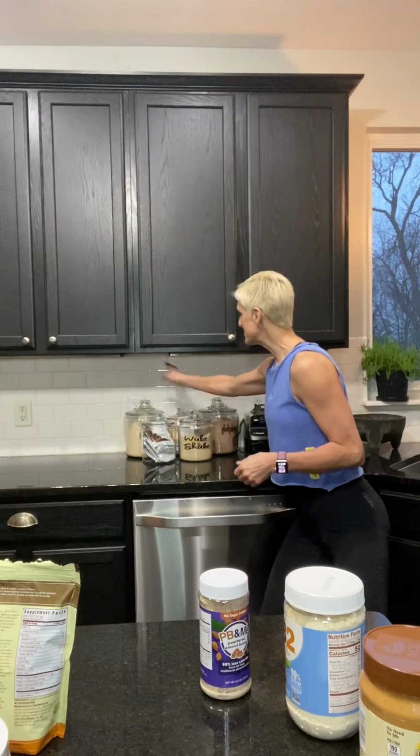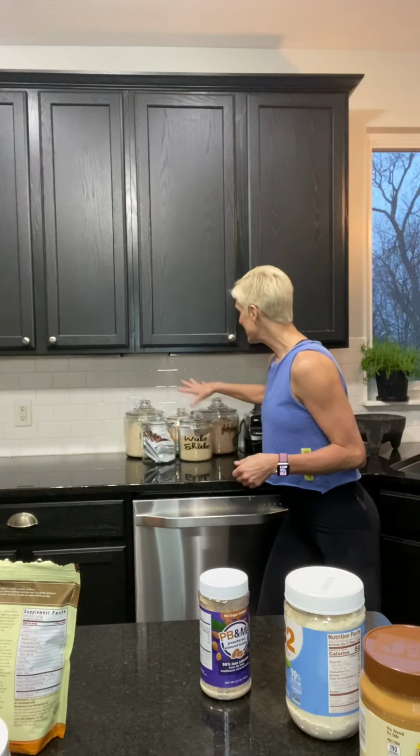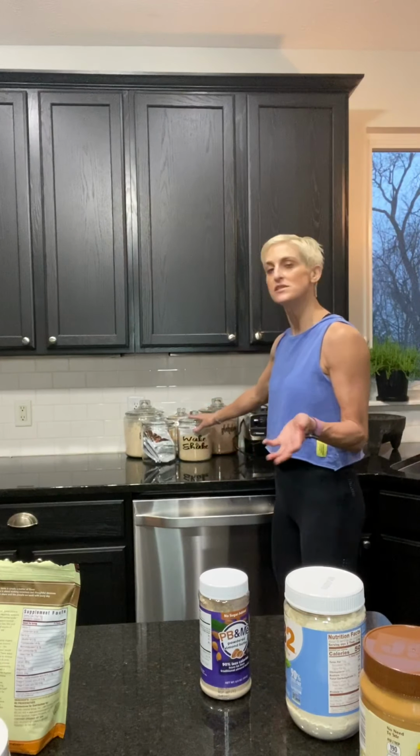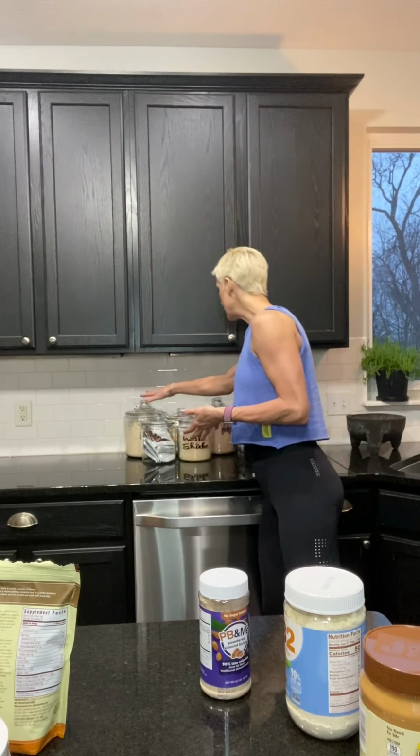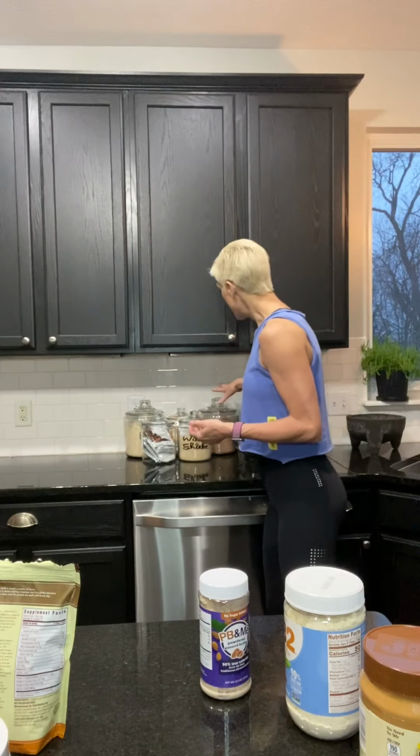So you probably know right now I'm obsessed with pumpkin spice. You can see it sitting back here. This is my shake bar. Here's my pumpkin spice. When you see me make this, sometimes people ask me, what is this? This is the fiber boost. I've just put it in this glass container. Vegan vanilla, if I'm feeling that. The chocolate, and then vegan chocolate for when Jessy was home. And my recipe has changed over the years, but not the fact that I've been drinking it every single day,